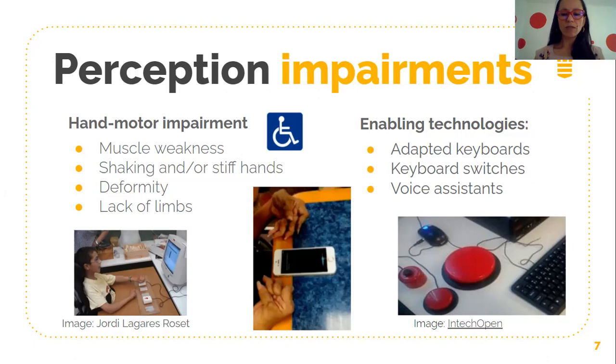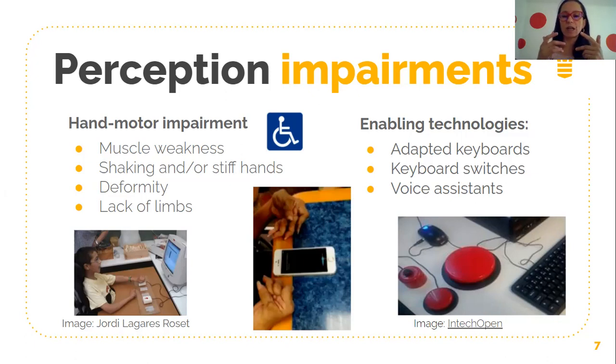And lastly, we have the voice assistants. The voice assistant is probably the most efficient way for a person with hand motor impairment to input information, especially on small devices. I mean, it's easier for everyone, but in particular for people with this kind of disability. Let's take the example of the person in the middle. She's using her iPhone with Siri, and she's giving instructions.